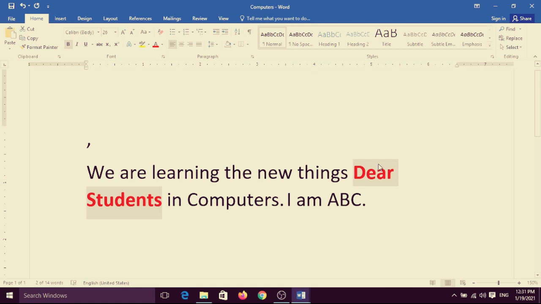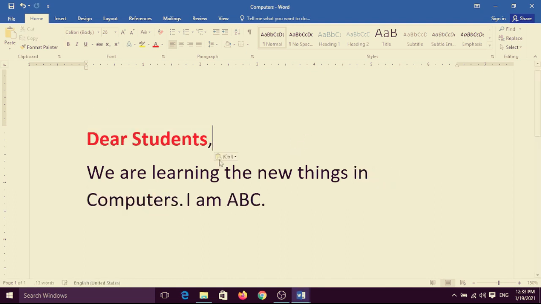Select the text and hold the left button of the mouse and drag. You can see under the mouse pointer there is a rectangle, and when you release here, it will be moved.